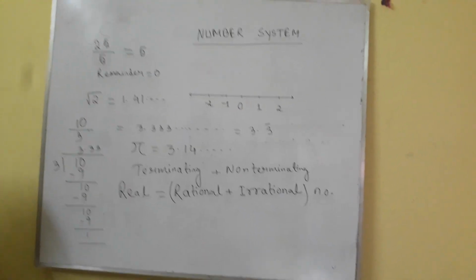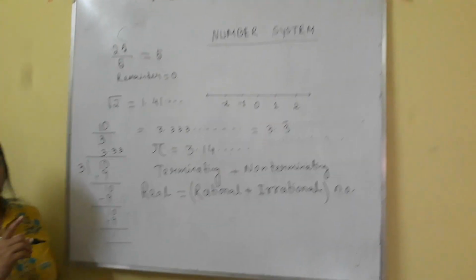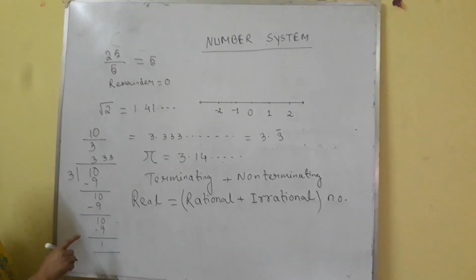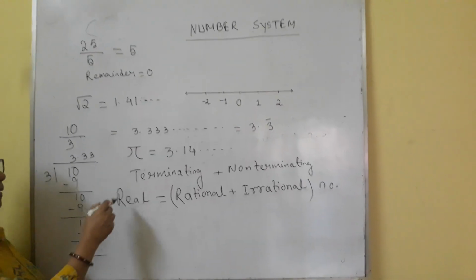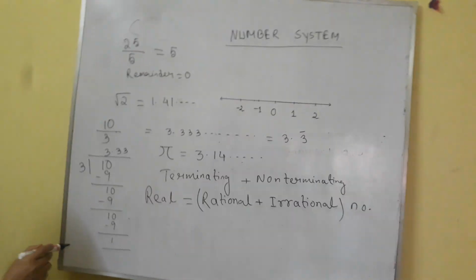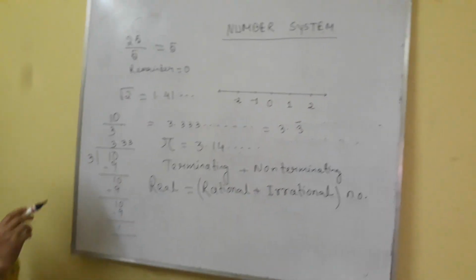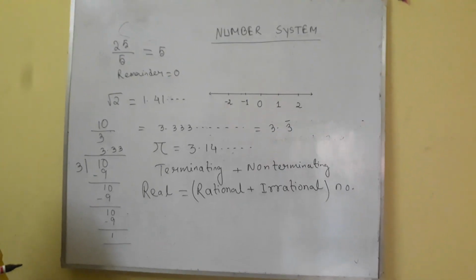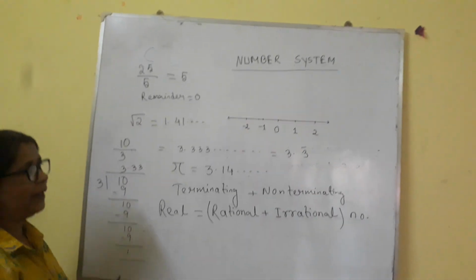As examples, pi is an irrational number, root 2 is an irrational number, minus 2 is rational, minus 1 is rational, 5 is rational. You can take many examples like that. Now we learn the definitions: first the definition of whole number, natural number, rational number, irrational number, and the combination of rational and irrational numbers we call a real number. Now if I ask you the question, is 0 a real number?